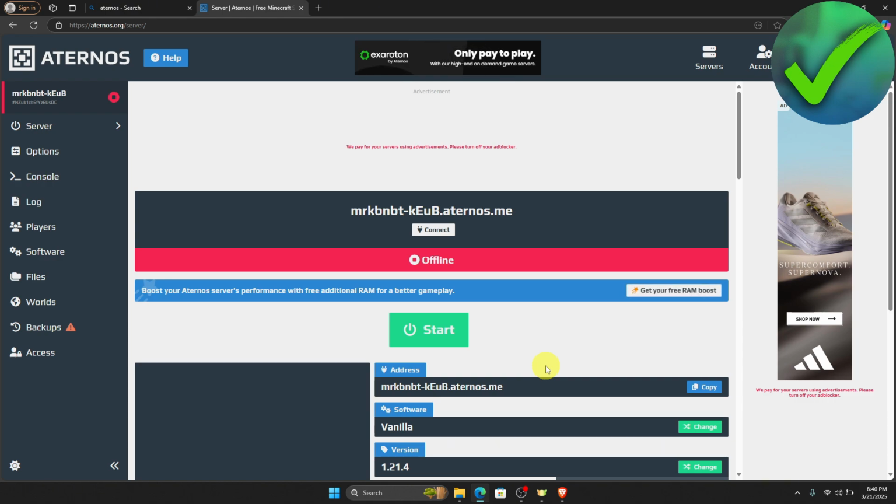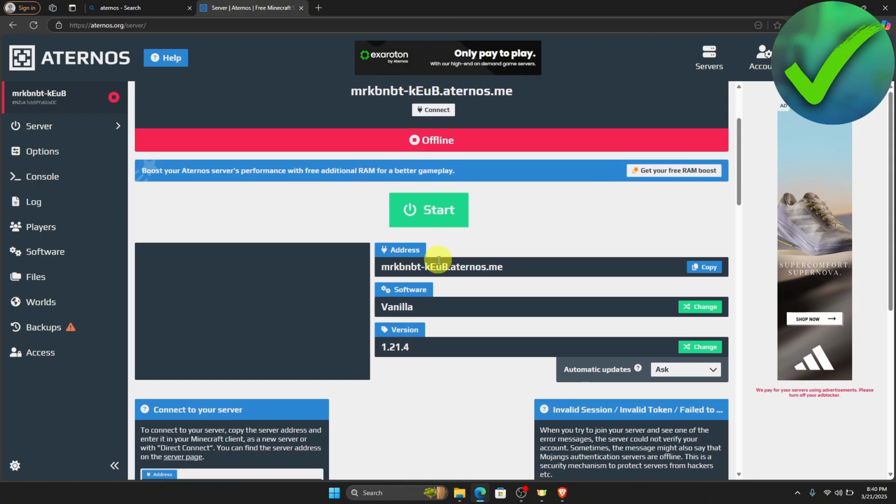So the first thing that we need to do is to open Aternos right here. And then once you are now on this page, once you have clicked your server, the next thing that we need to do is to make sure that our server is offline right here. Now, once you turn it off, the next thing that we need to do is to scroll down until you